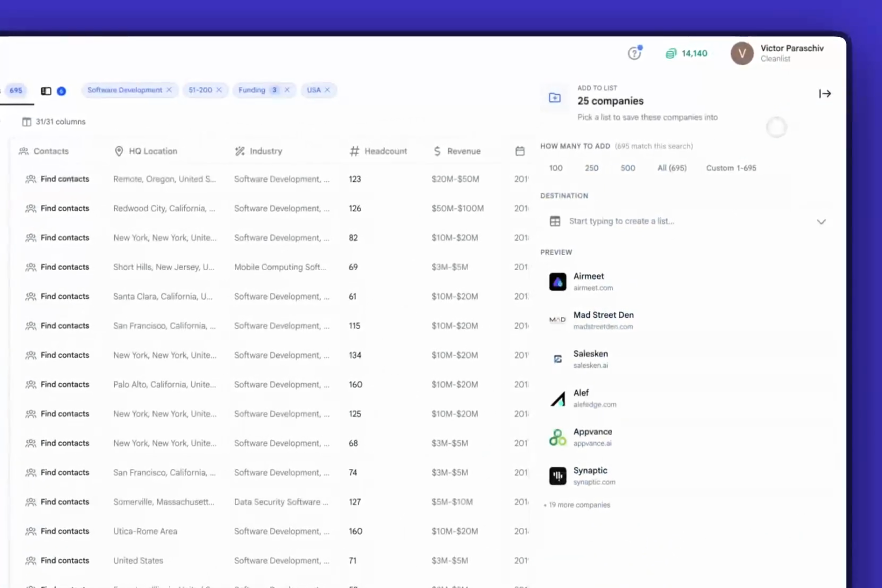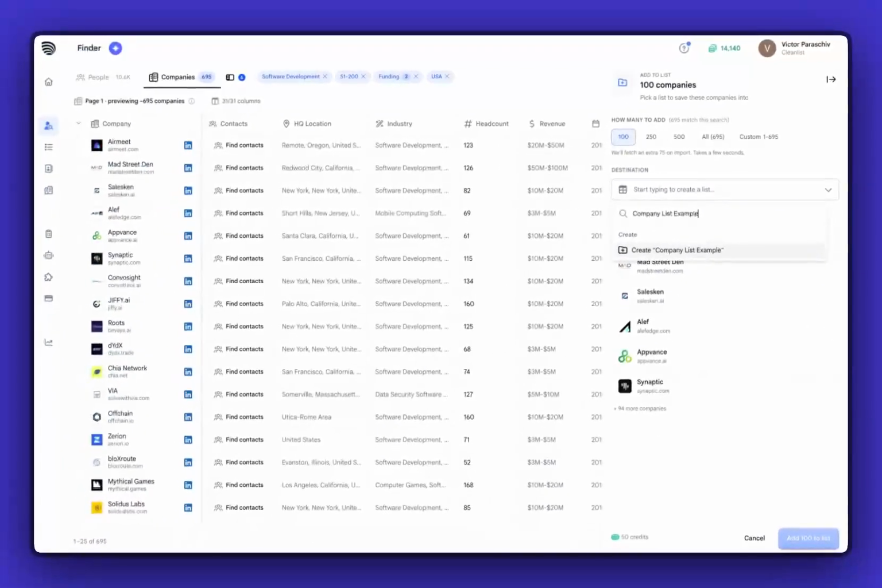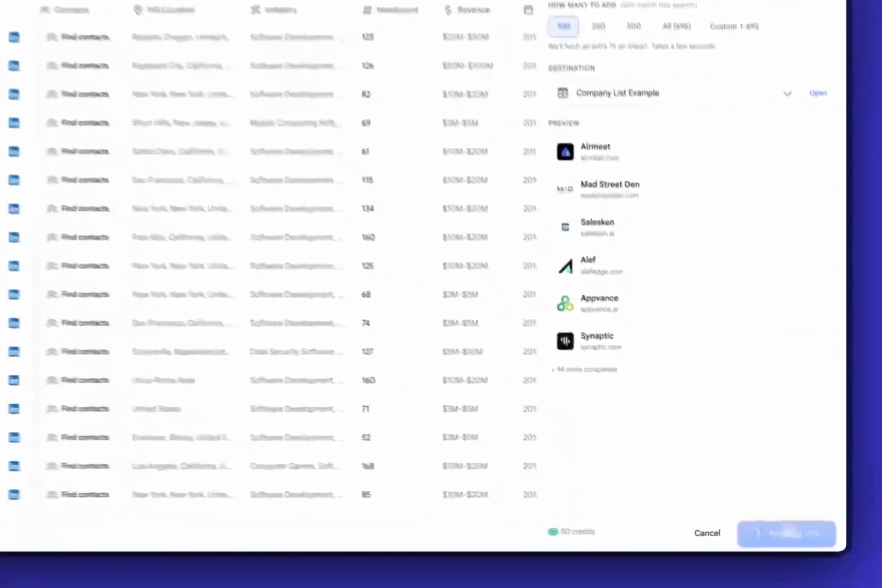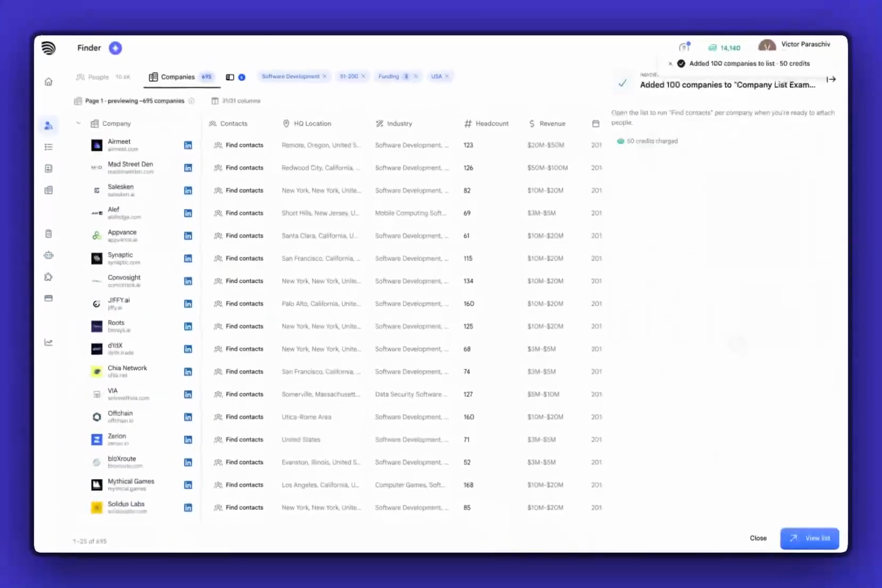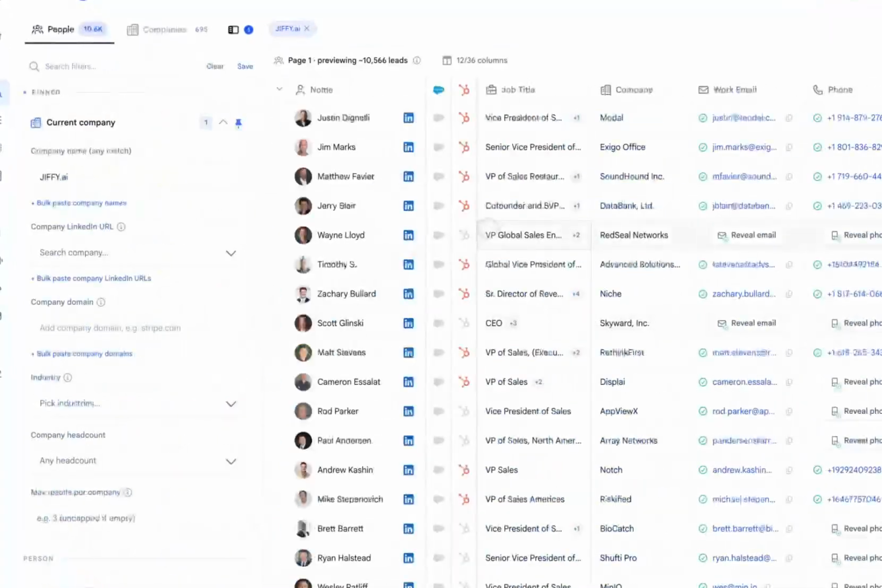So there's plenty that you can do from here. You can either add these companies to a list. So I'm gonna add, let's say, 100 companies. So now they're added to a list, but you can also use this very powerful functionality where if you see a company that you specifically want to target, let's pick, for example, Jiffy AI, you can simply hit Find Contacts,